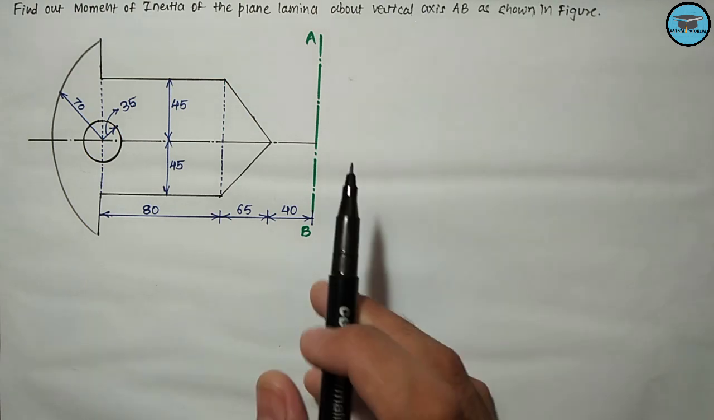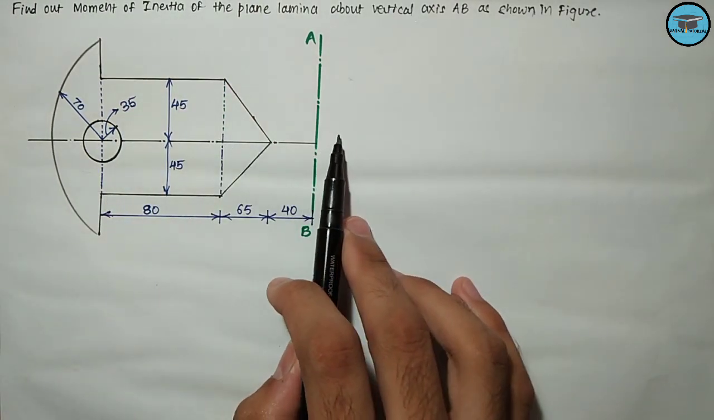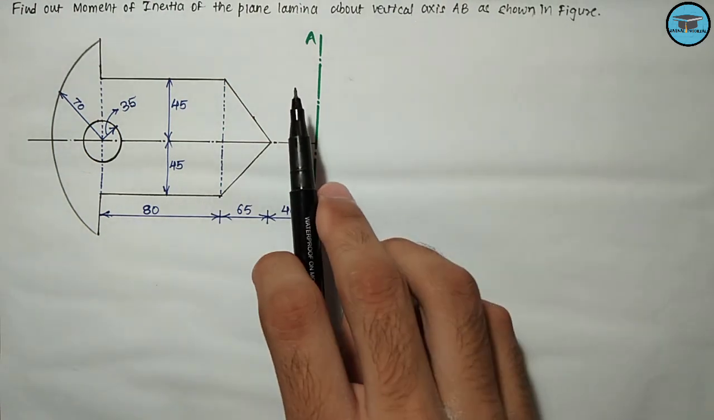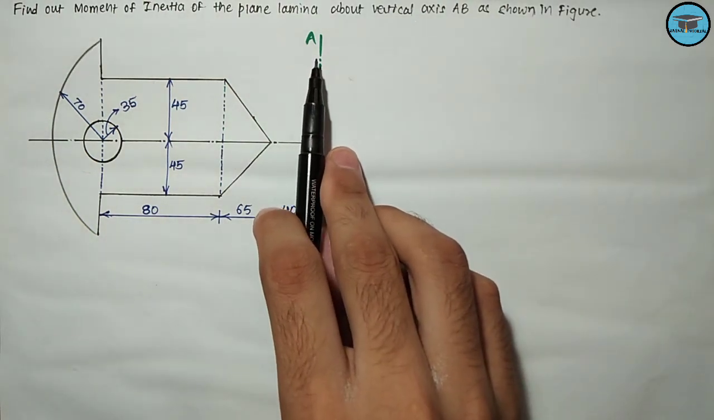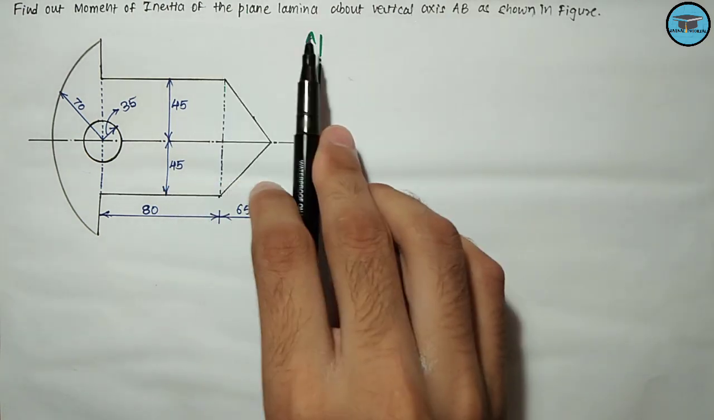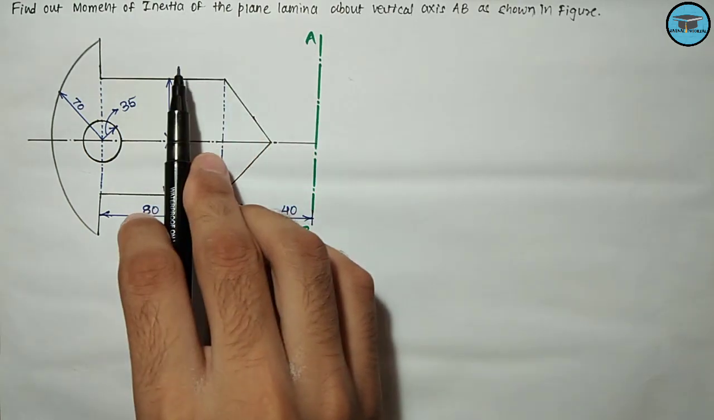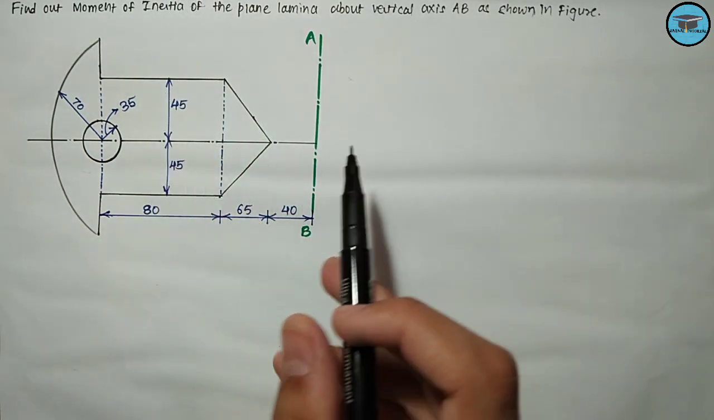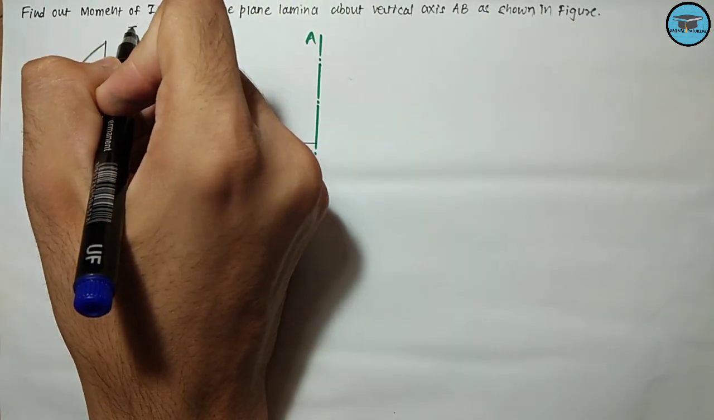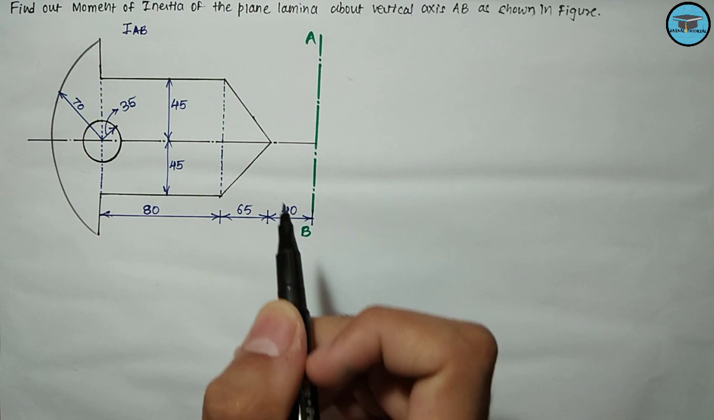We have been asked to determine the moment of inertia of this plane lamina about the vertical axis AB. To determine the moment of inertia about this axis AB, we require the axis parallel to the axis AB. To apply the parallel axis theorem, what does the parallel axis theorem tell us? That the moment of inertia about any axis, here the axis AB,